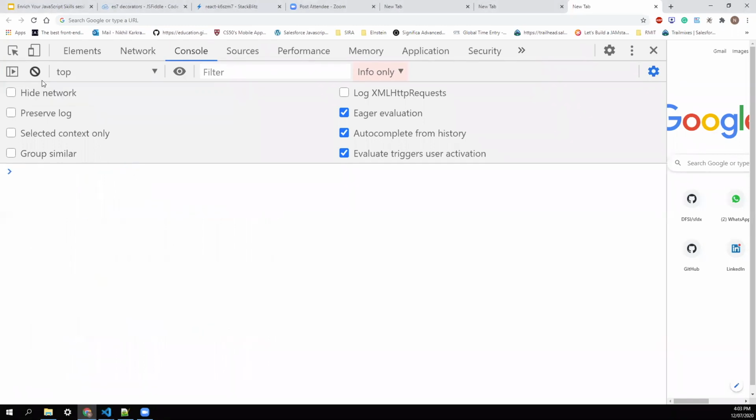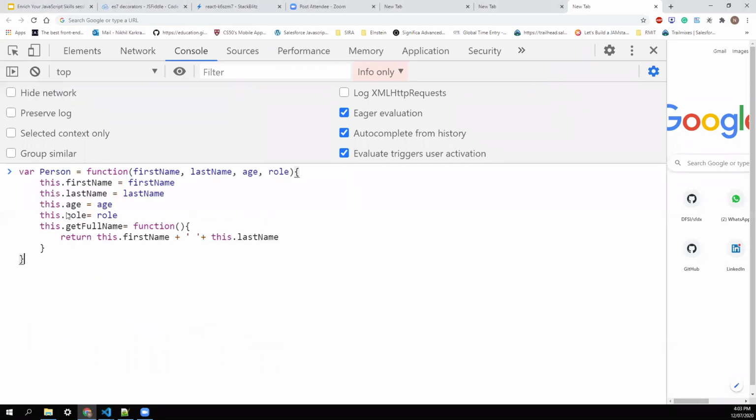In earlier JavaScript, when class was not there, we were creating the function constructor. You can create the function constructor in this form, or if you are confused with this structure, you can create it in this form as well: a function with an uppercase letter as the name. Person is the function name, and if it starts with a capital P, we call it a constructor function.